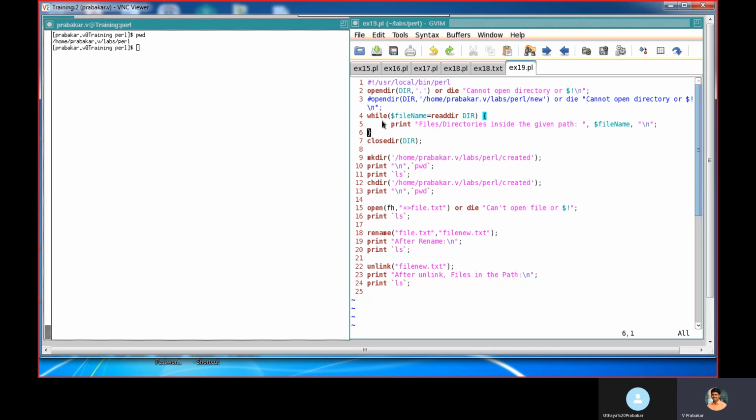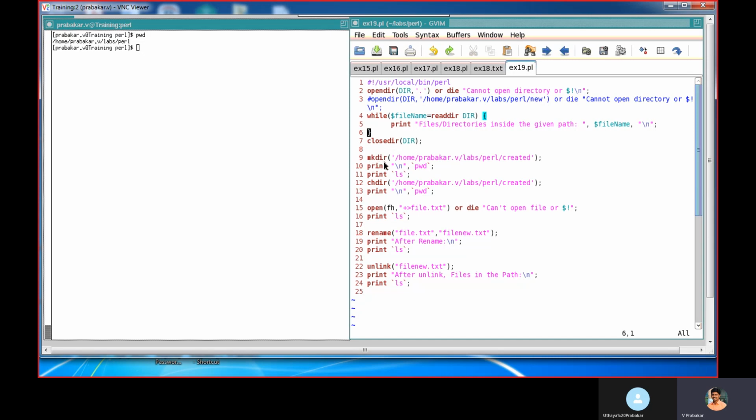Inside the while loop, for however many files and subdirectories there are, it will execute that many times and print the $_ file name. That means it will print the files as well as subdirectories and also the hidden files and directories. After that, using closedir, I close that current directory.